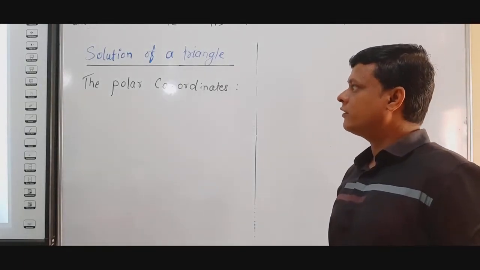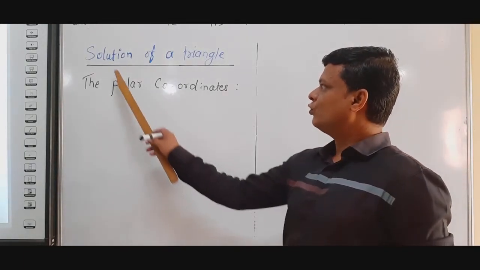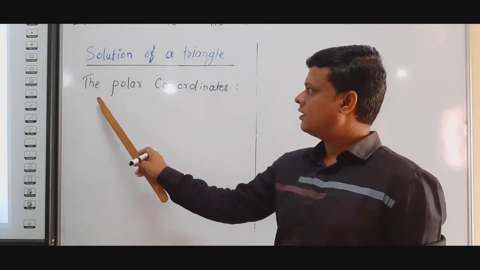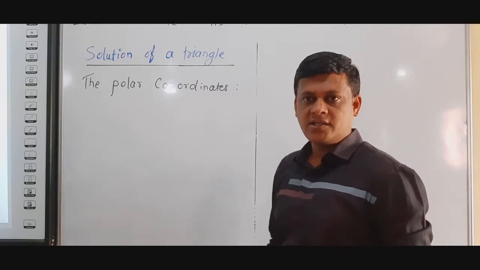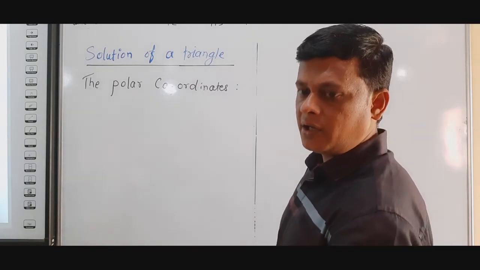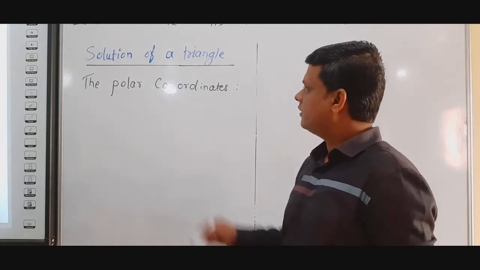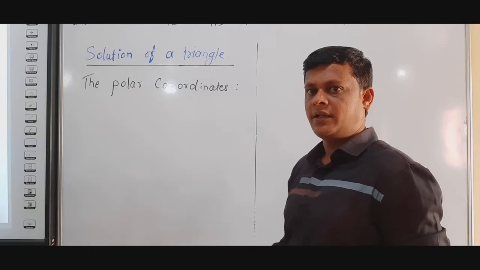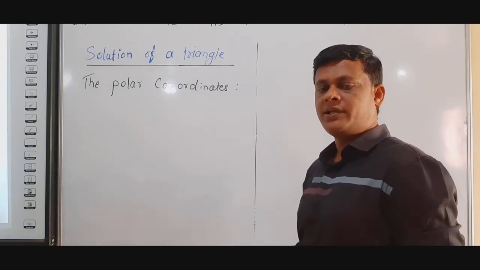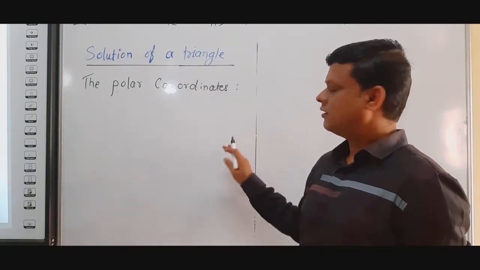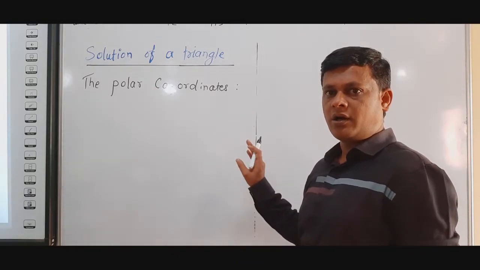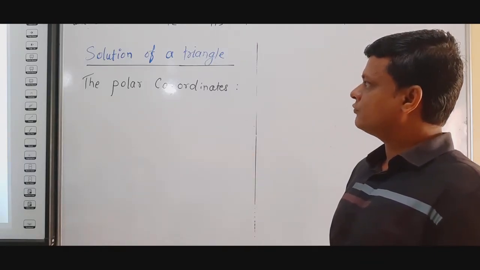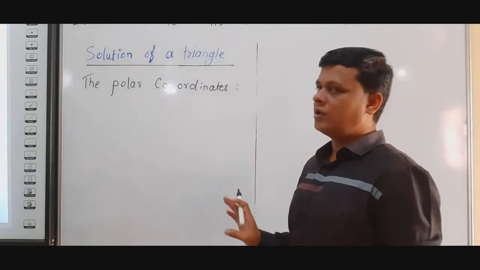Now, today we are going to start a new topic, solution of a triangle. In that we see the first topic, the polar coordinate. Cartesian coordinates you studied up to class 10. This polar coordinate you already studied in class 11, that is in complex numbers. You represent the complex number on the xy plane or in quadrants, that is the Argand diagram. Now, by doing some geometric construction, I explain this polar coordinate form.